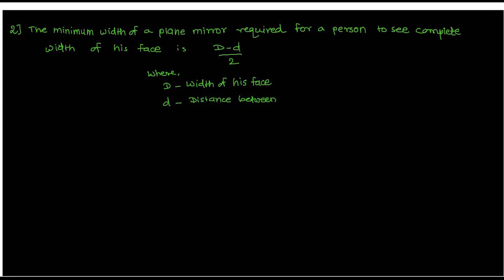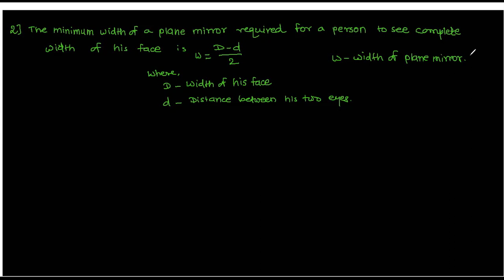Distance between his two eyes. So the minimum width of plane mirror required is how much? This is the width formula only. W is for width, okay? W is the width of the plane mirror. Is that clear? So this is the formula which you can use whenever they ask formulas or problems like this. So note down these note points